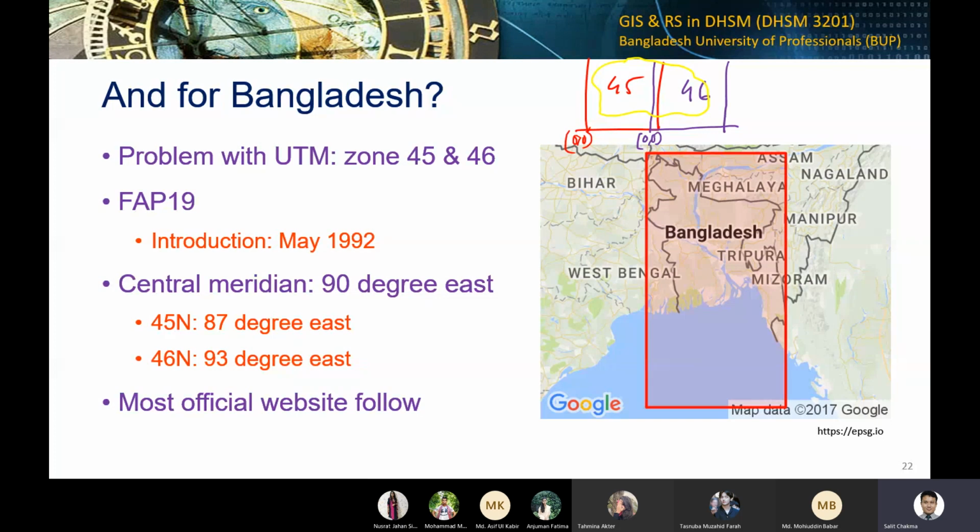I mean, if you open up your ArcGIS and go to the listing of the UTM coordinate systems, it will give you the listing of zone 1 till zone 60. So you have to choose from this 1 to 60, and when you choose 45, you start having problems,